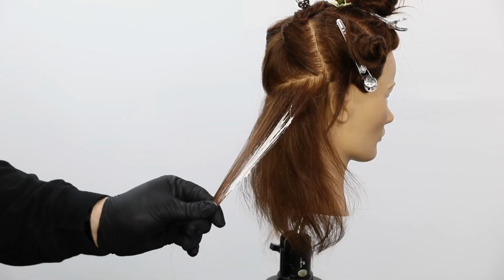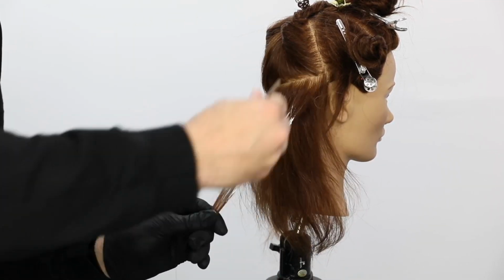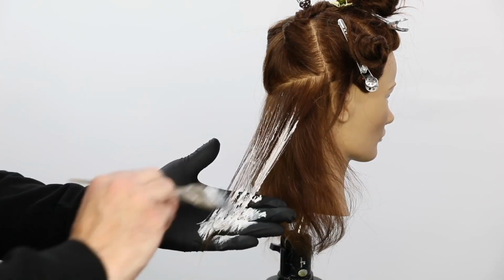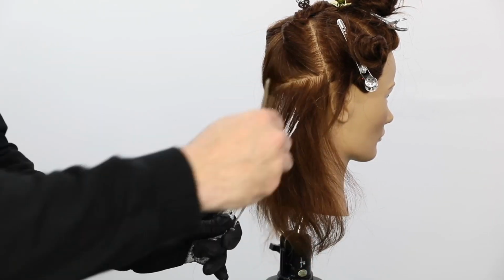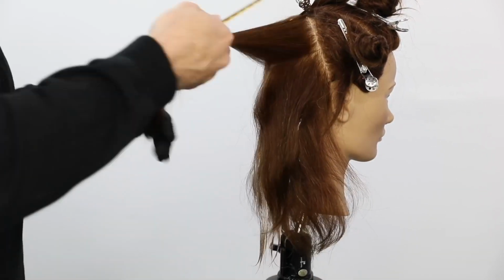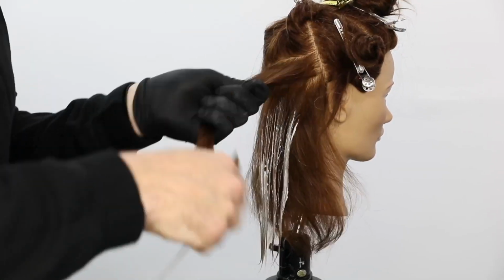Once I get the separation, all that hair kind of blow dries through, then I start my hand painting process. And because it's such a diffused look, I can really saturate this section, which is one of the things that I really loved. So Don saying air touch, you're right. It's air